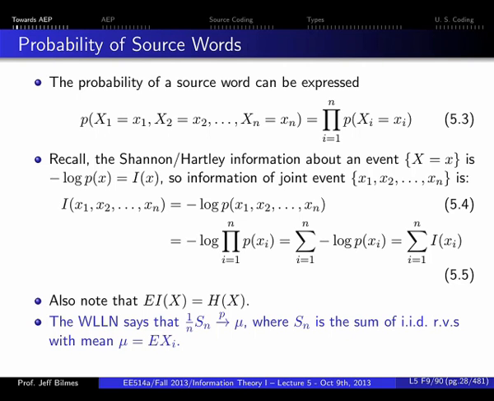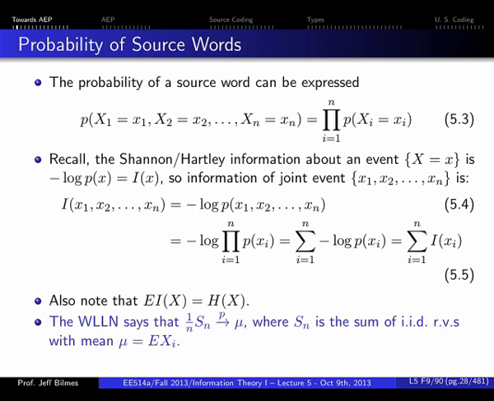I didn't really go over that, but I was hoping that people would review those slides by themselves. So we're primarily going to be talking about convergence in probability. It's one of those modes. So I'm going to assume that people know what that is. Like I said, those are the previous slides, and you should know that from your stochastic processes course. And if you don't, then you should. So either you don't know it and you should, or you do know it and you shouldn't. No, that's not right. Either you don't know it and you should, or you do know it, and that's great. In any event, we've got the convergence in probability.